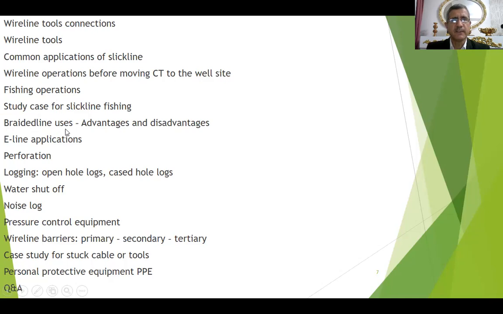Braided line uses, advantages and disadvantages, E-line applications, perforation, logging, open hole and cased hole. We have also water shutoff, noise log, and pressure control equipment for all 3 types of wireline. We have wireline barriers: primary, secondary, and tertiary. This is the specification of the barrier. We have a case study for stuck cable or tools, and at the end we have personal protective equipment, PPE, and